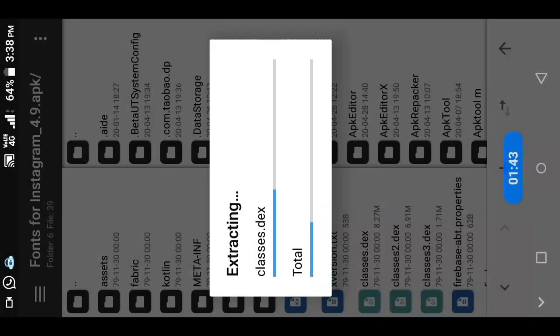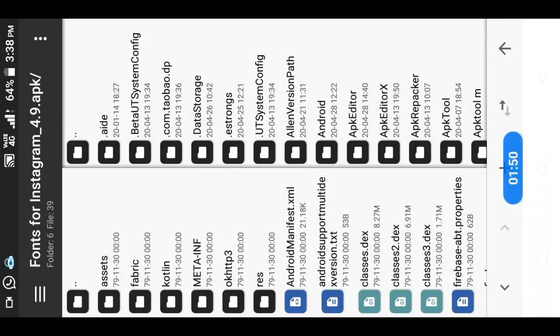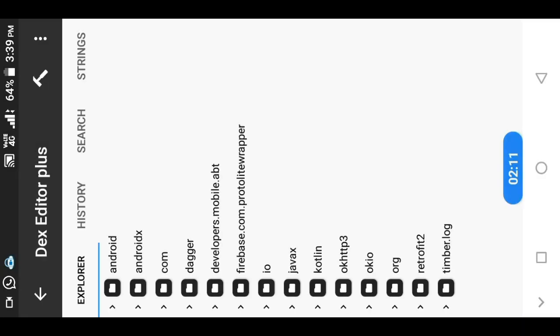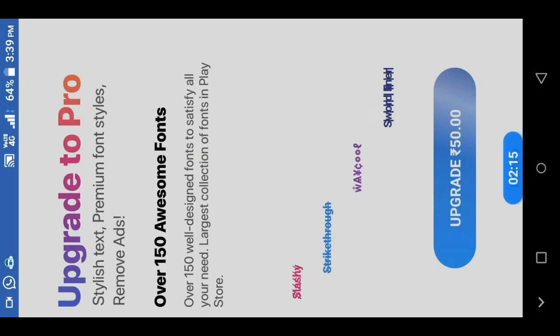Let's view all the dex files. Now the dex files are open. Let's go back to the app and see that.